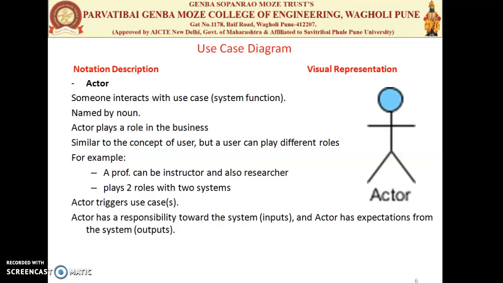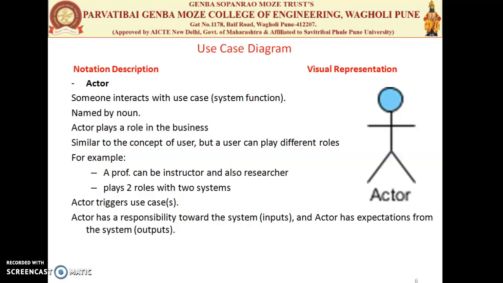And the supportive actor is the external actor in the use case that provides a service to the system under some system design. So these are the two types of actor we have in a use case. An actor can be anyone. It may be a human, it may be computer software, it may be hardware, or it may be a timer or the trigger.